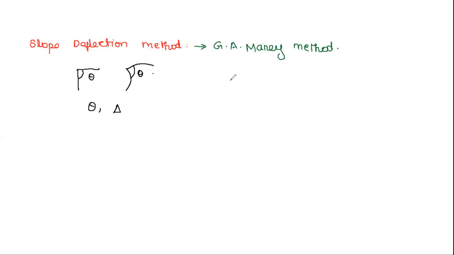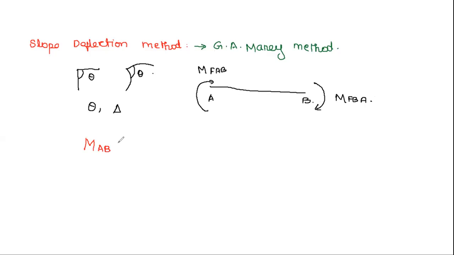Consider a member AB. The fixed end moments are MFAB and here it is MFBA. The slope deflection equation for this particular member is